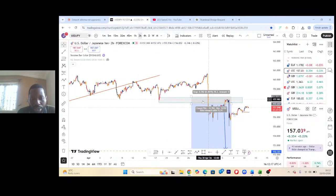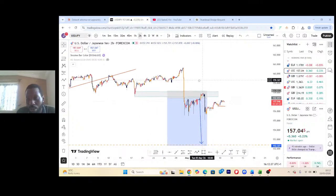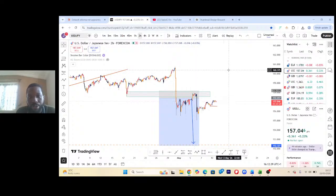So this was one I actually did last week, and you can see that we are actually on the sell side. So just hold on, and you see that price actually comes and clears this entire liquidity. So this is about patience. Do not rush the process, and everything will actually work out so smoothly. And then